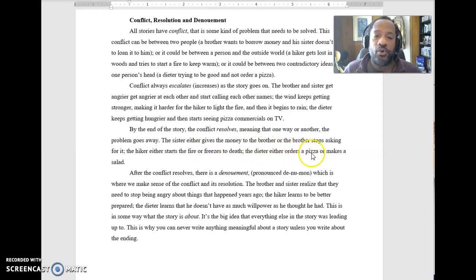The dieter either orders a pizza or makes a salad. One of those two things is going to happen, right? And so that is when the conflict resolves. Somehow the conflict goes away. And that's what happens at the end, right? We start out with a conflict, it gets bigger and bigger and bigger, and then the conflict goes away at